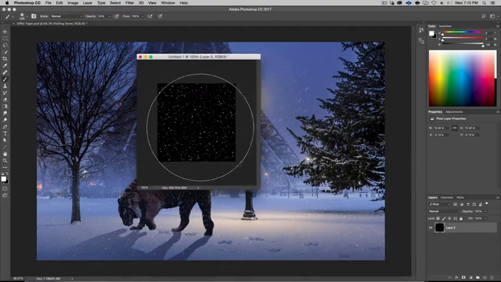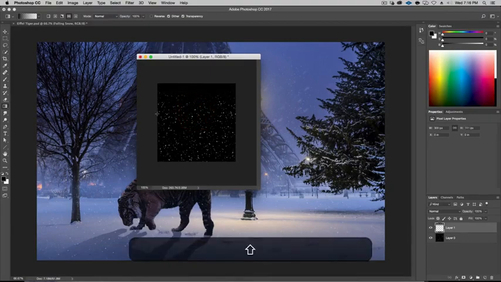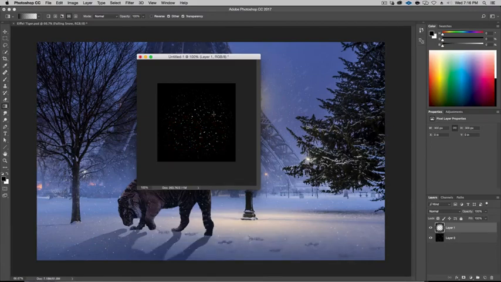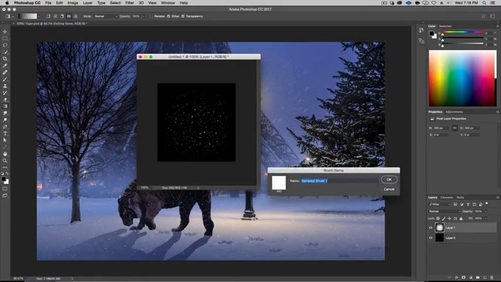Now I need this to be transparent. And actually, let's just add another layer here, and take the gradient tool, hit the default button, and let's just ghost out the edges so it fades to black on every corner. Okay, something like this, and like this. We can even do a little bit on the corners if we want to, just to make it even more round. Something like that. Okay, so I've added gradients in every corner, and then now, very simply, edit, define brush preset. Let's call this snow.